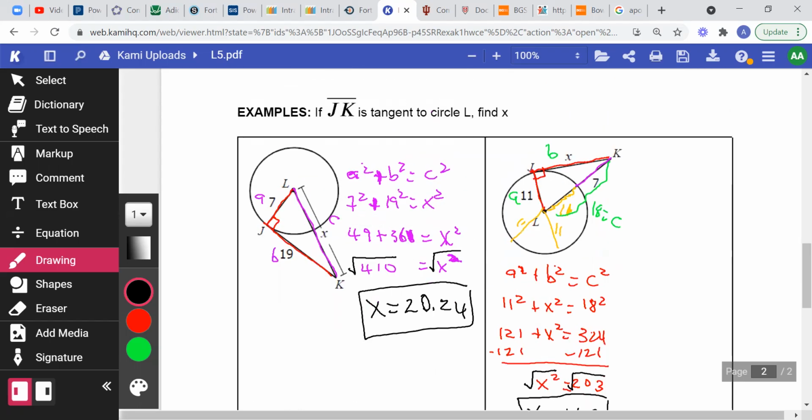So here, the problem that we solved with Savannah only helped us find the hypotenuse of a right triangle. Tyler just helped us find one of the sides of the right triangle, which is also the tangent line. In some cases, you might even try to find the radius. It depends on the configuration of the question that you face. Then the last one here,